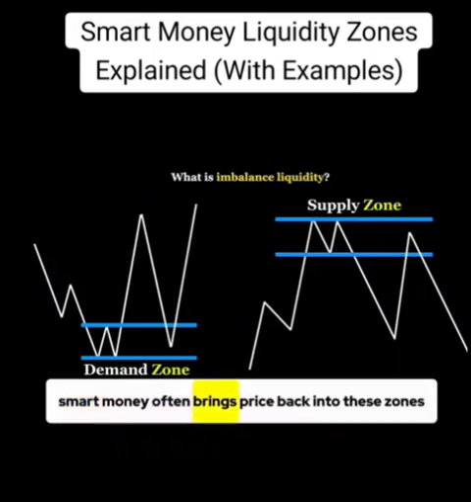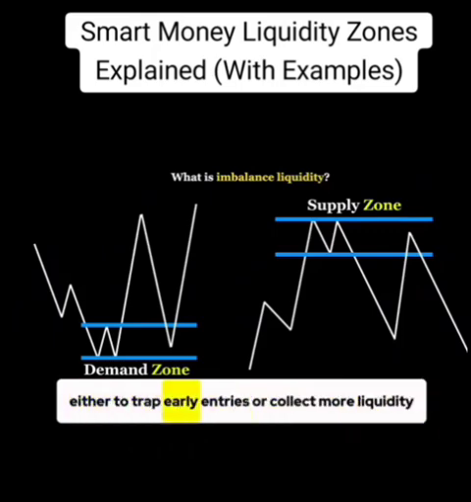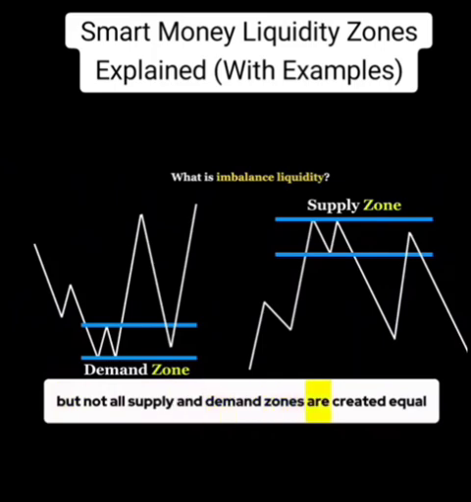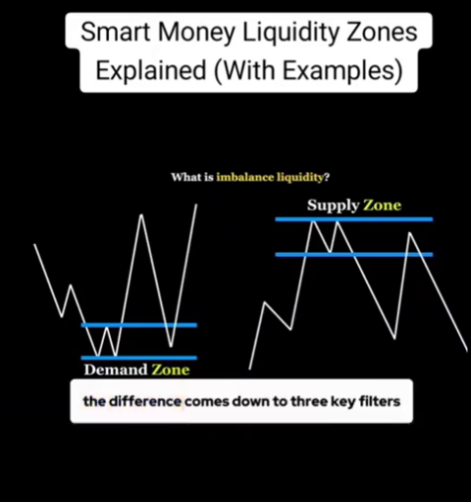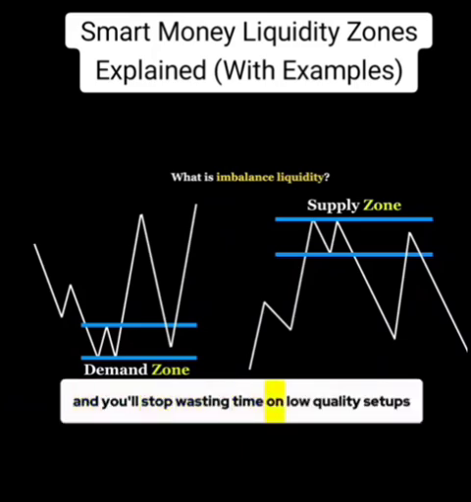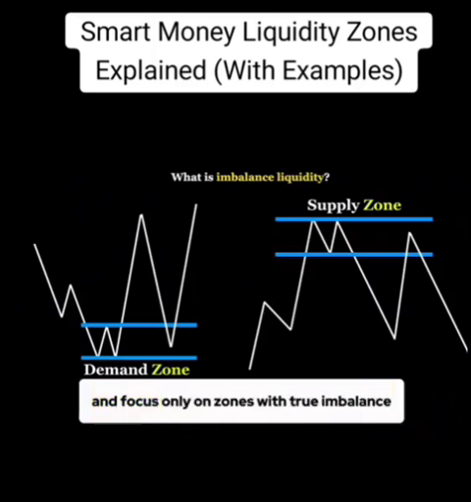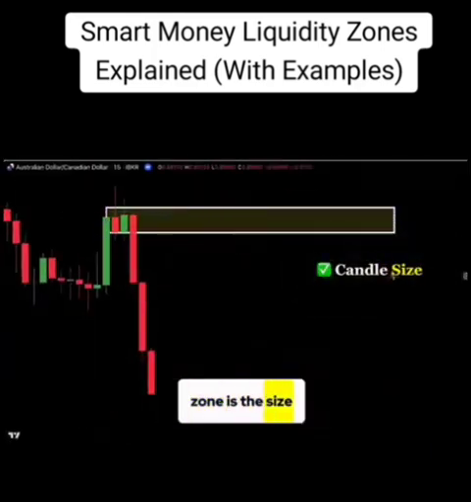Smart money often brings price back into these zones before continuing the move, either to trap early entries or collect more liquidity. But not all supply and demand zones are created equal. Some are strong and reliable, others are weak and noisy. The difference comes down to 3 key filters. Master these and you'll stop wasting time on low-quality setups and focus only on zones with true imbalance. The first sign of a strong supply or demand zone is the size and consistency